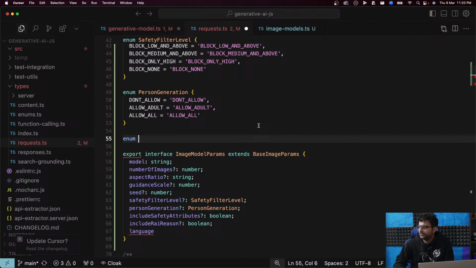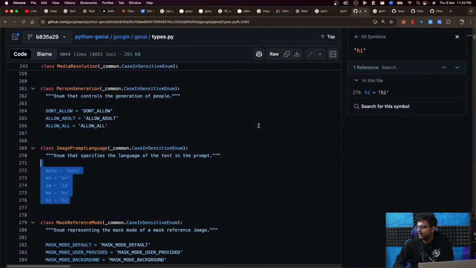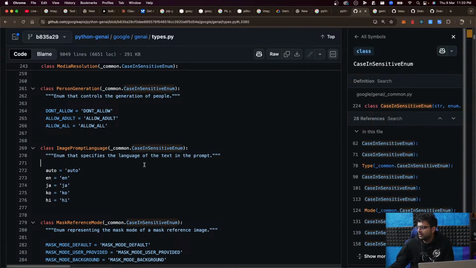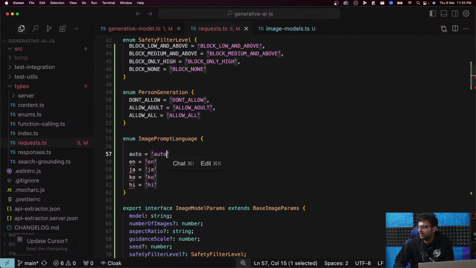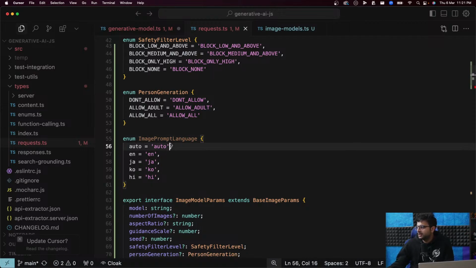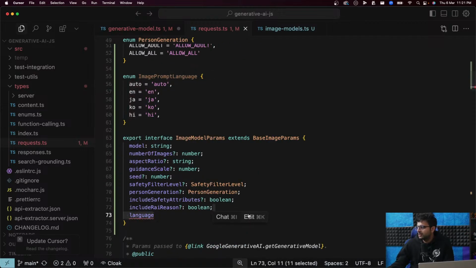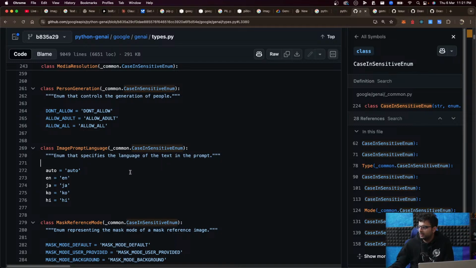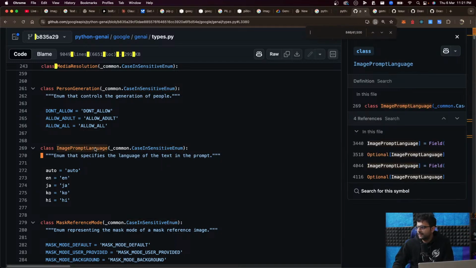Enum image prompt language. All right, that's done. Language would be image prompt language. What else?